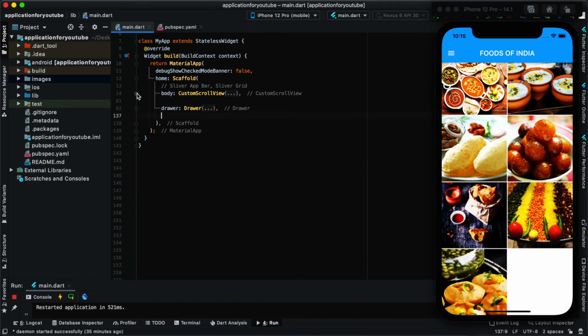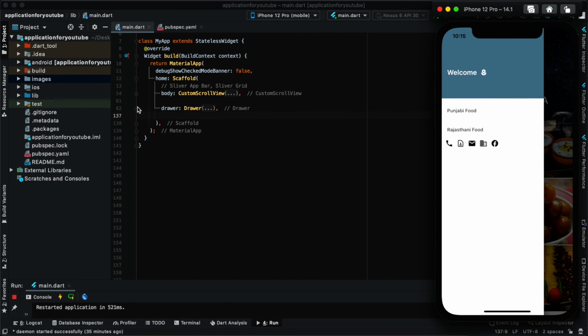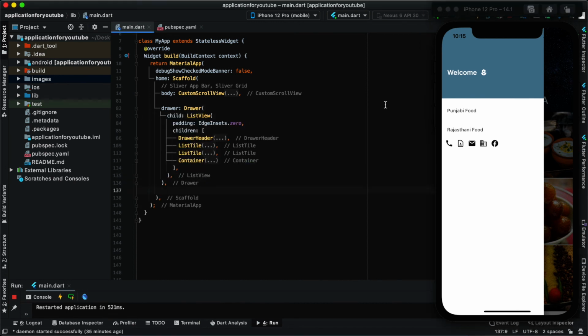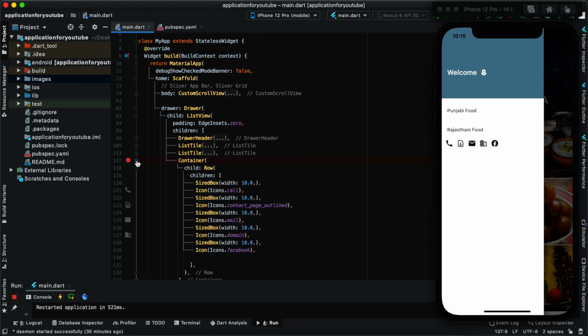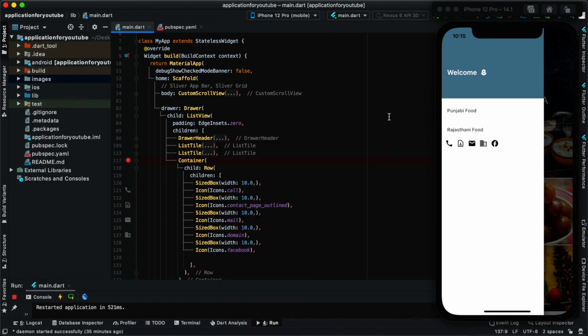Then this was your body. Then we have this drawer over here, in which I'll just open it, and we have certain things, which is your drawer header. Then we have these two list tiles, and then we have a container in which we have a row and icons inside it. So this is my row and icons.